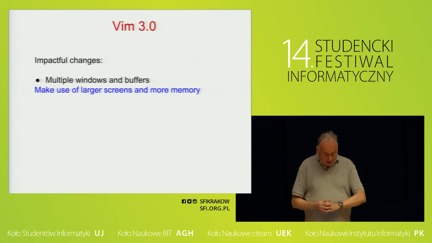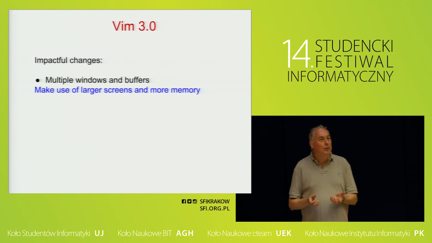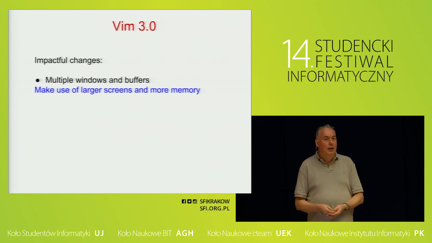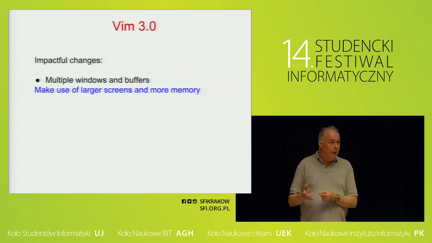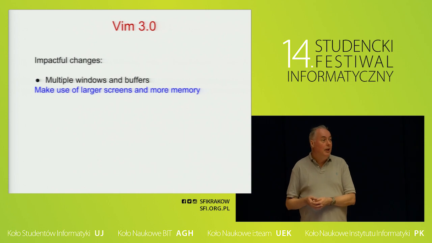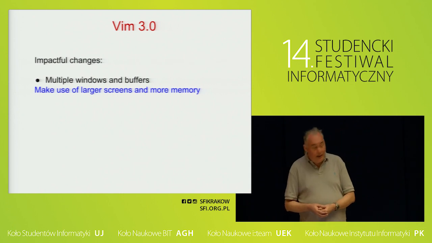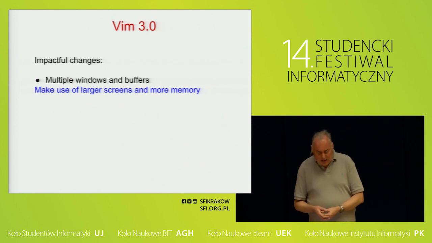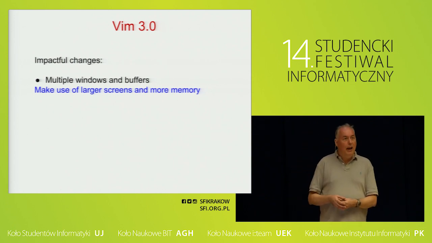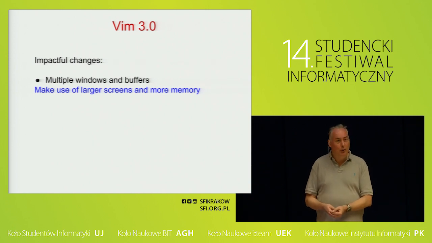Vim 3. At the time, there was a competitor coming up called NVI, and this was the work of Keith Bostic. As you know, maybe, the original VI was part of System 5 Unix distribution, and it was proprietary software. So nobody could actually get the source code and do something with it. And they asked many times, but the owners of the code were not willing to give it away. They thought they could make money from it somehow. So Keith Bostic said, okay, let me recreate it and make an open source version of it.